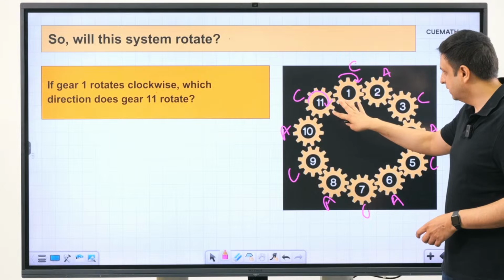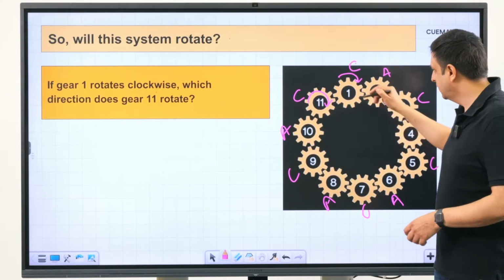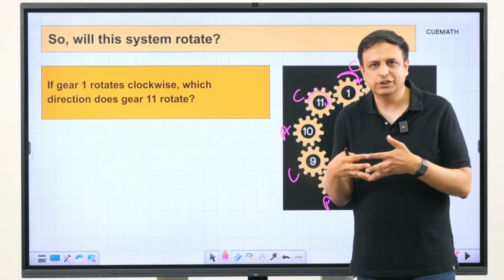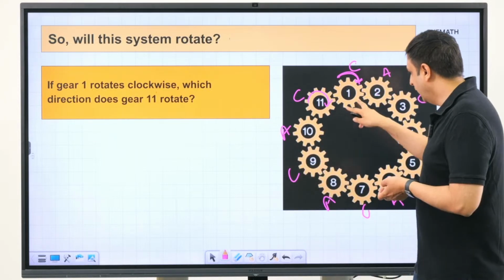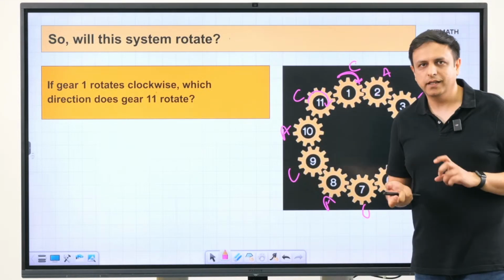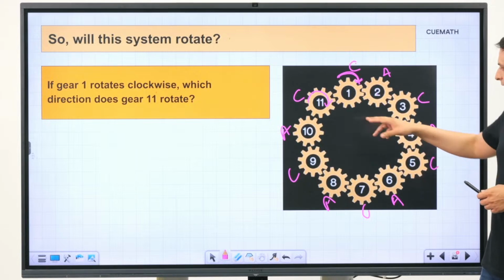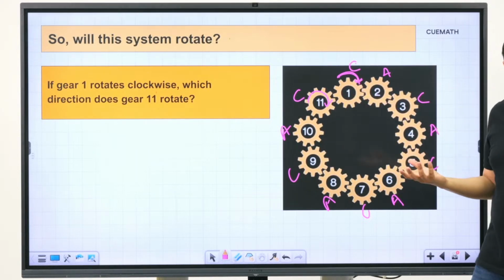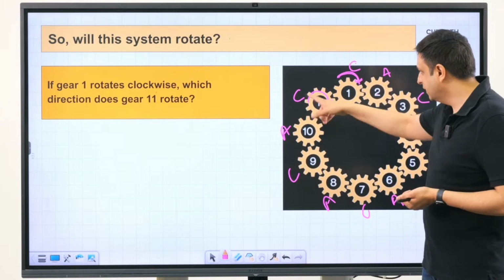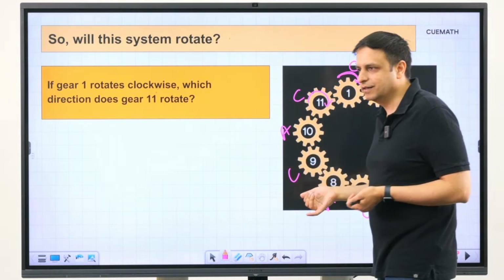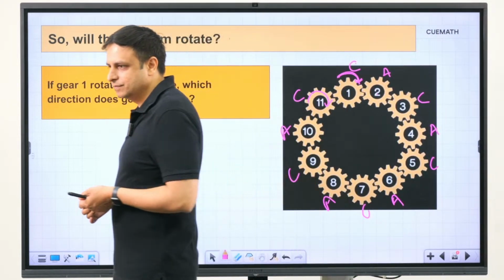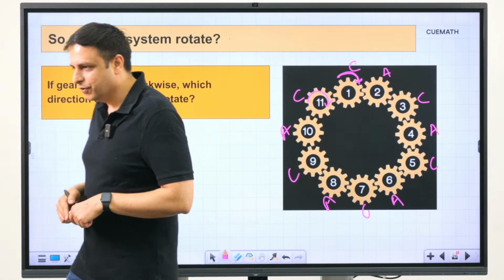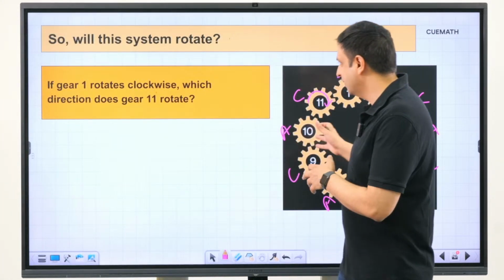But now you see this doesn't work because the first gear and the 11th gear are also interlocking with each other. They are adjacent to each other, and two adjacent gears can't rotate in the same direction. Therefore, if you try to rotate the first gear, the whole assembly will be stuck because the 11th gear will also try to rotate in the clockwise direction. So pretty cool, very cool idea here. I don't know if you like this, but I actually love this idea here.